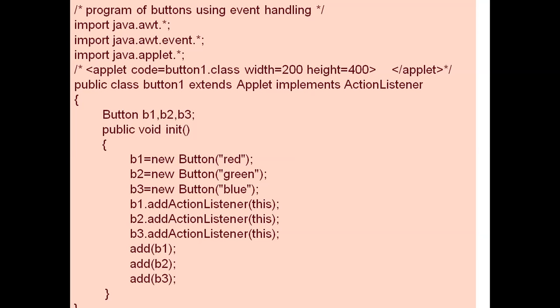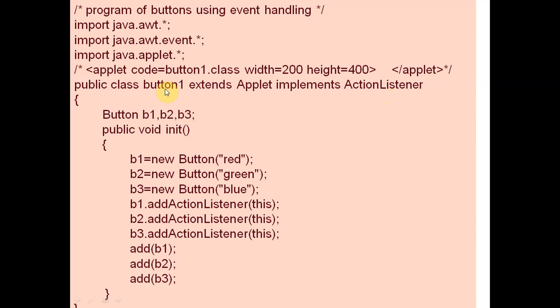So you can see here we have public class Button1, and it is extended by Applet. So we are using the help of applet. Here the class Button1 is extended by Applet, and we are writing implements ActionListener. We have three buttons, b1, b2, and b3, and we have the init function.